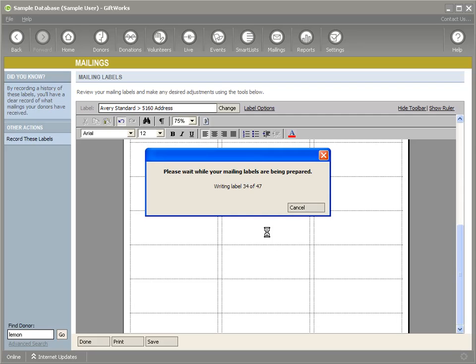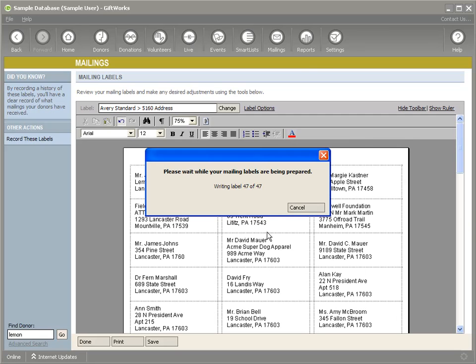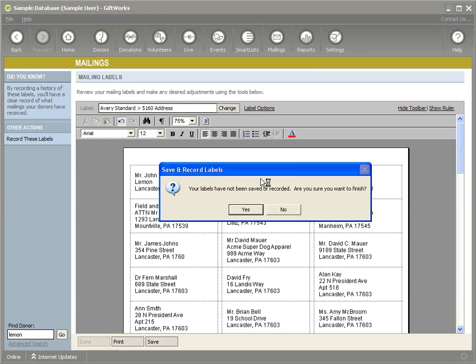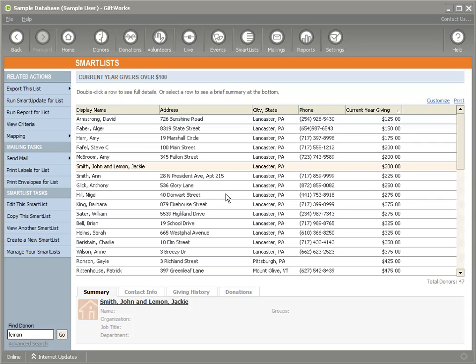And once it's done, for those of you who have ever done a mail merge, let's say to Microsoft Word from an Excel file, it can be a little bit challenging. Well, GiftWorks in a couple clicks can get that set up for you. So once I have a smart list, I can do all these different things with it. And that's one way to get information out of GiftWorks and do your analysis or get a better understanding of